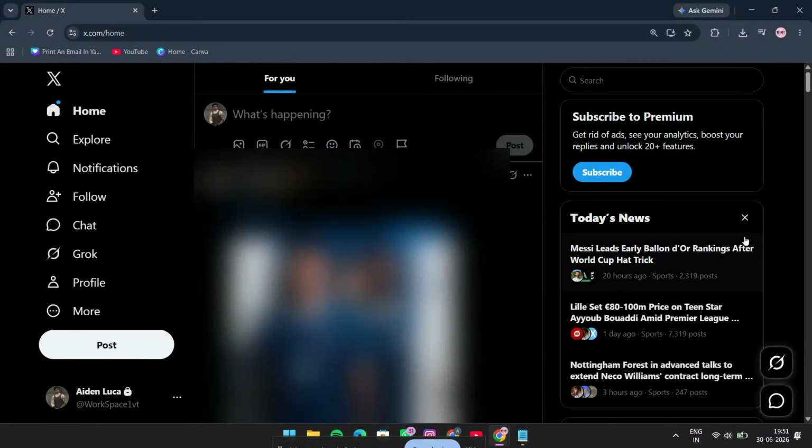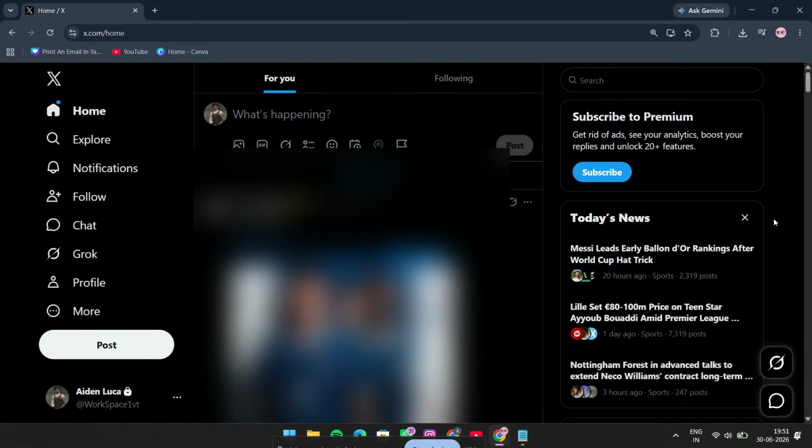If you want to stop people from tagging you in photos on X, formerly Twitter, you're in the right place. In this quick tutorial, I'll show you exactly how to turn off photo tagging so you can control who can mention or tag you in image posts. This is a simple privacy setting, but it can make a big difference if you want a cleaner, more private